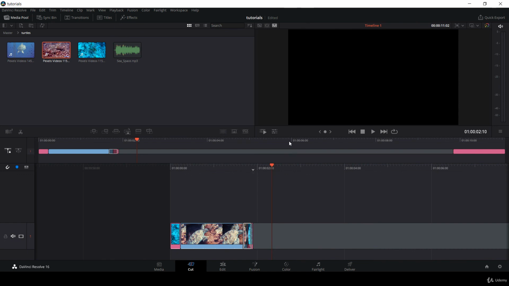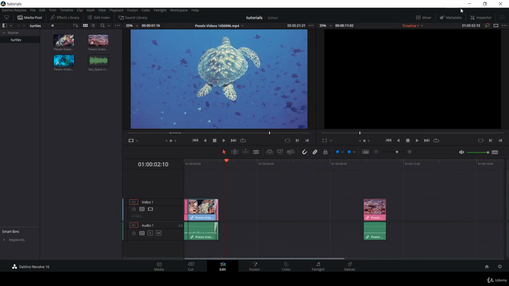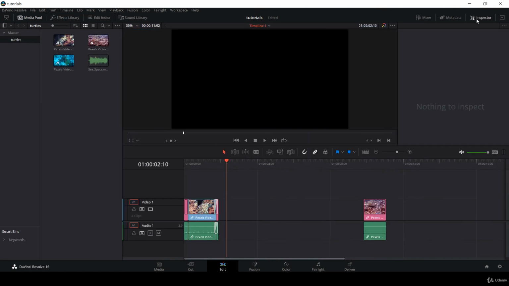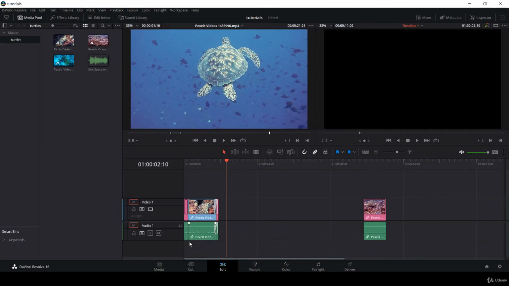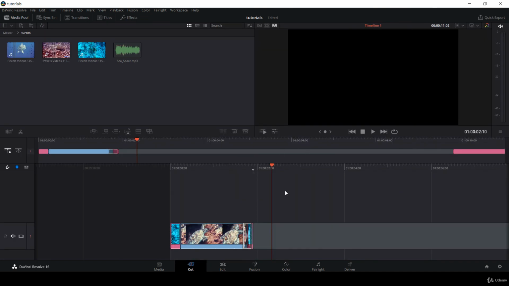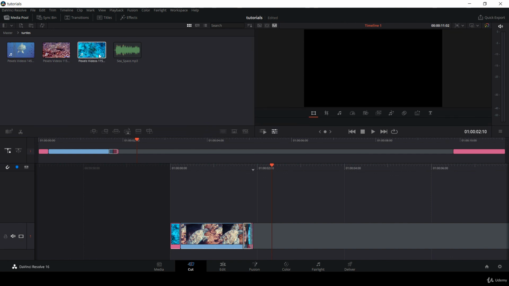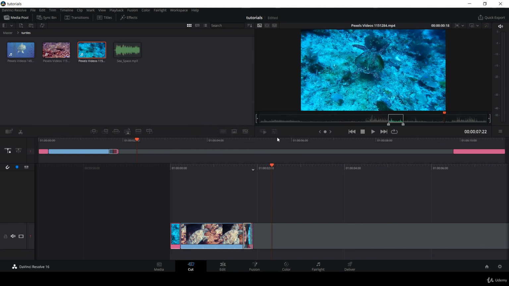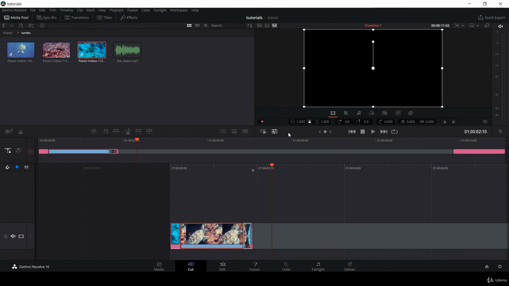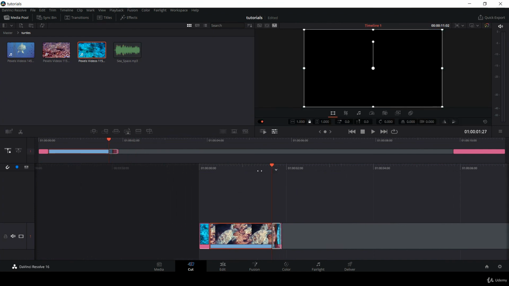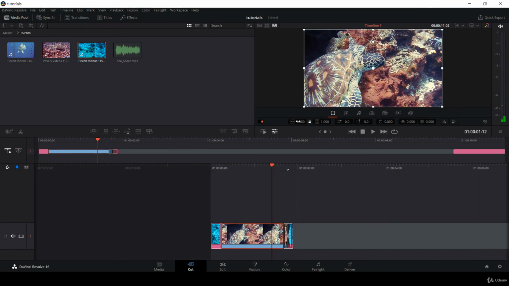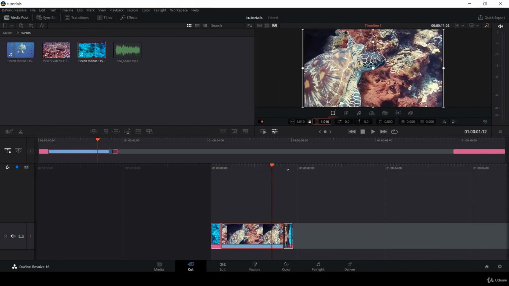You can see that the inspector button is missing. The inspector button is missing in the cut page. It is actually here under the tools menu. So if you select a clip, you have all the options to change